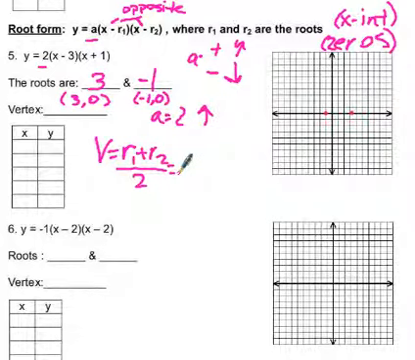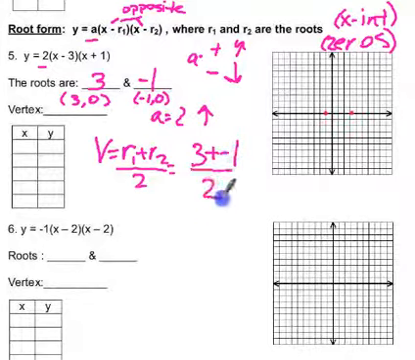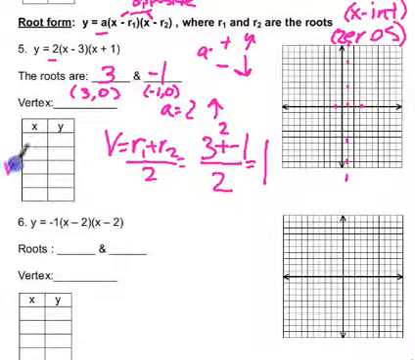So plug in your numbers. I'm going to do 3 plus negative 1 divided by 2. Well, 3 plus negative 1 is 2. 2 divided by 2 equals 1. So that means that my vertex, and that makes sense, because if I draw a little line of symmetry right down the middle of those 2 points, it goes right through positive 1. Now remember we said we're always going to put our vertex right there in the middle of the chart,